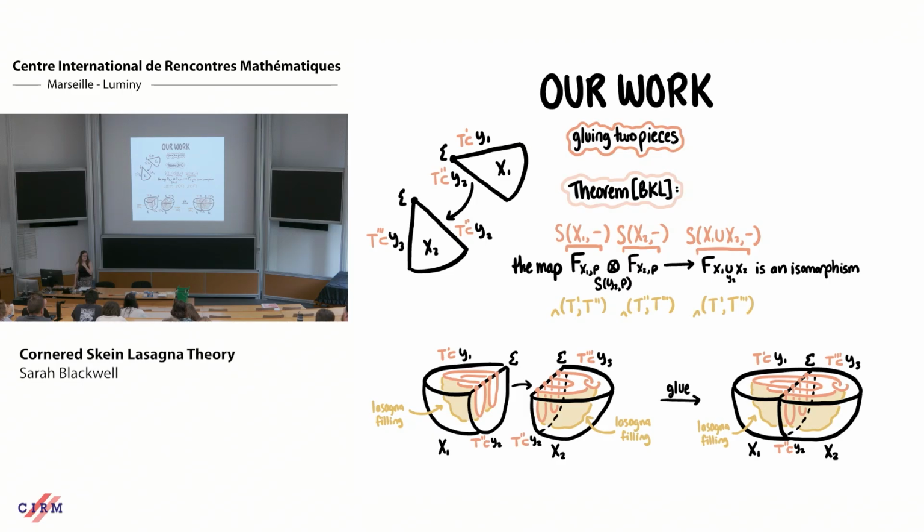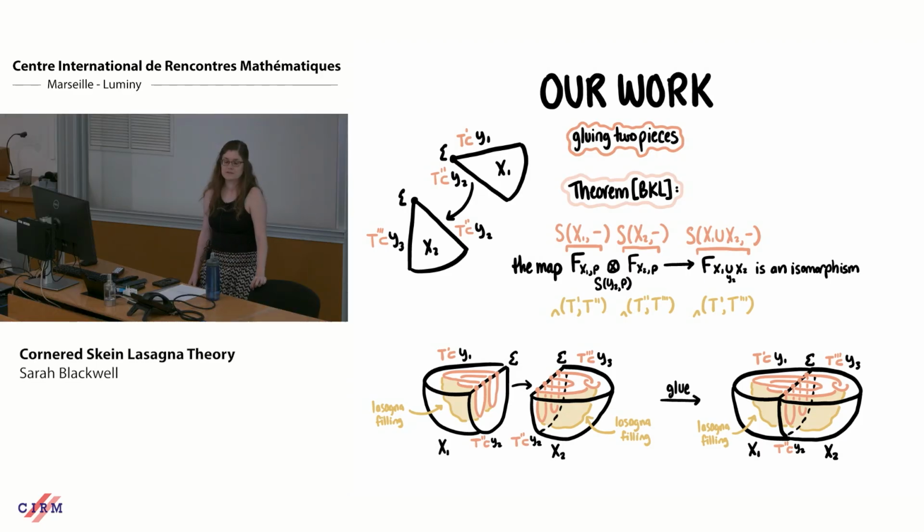You stated the results for the... Yeah, so for a 4-ball, the Skein Lasagna module of a 4-ball with the link in the boundary just is the Khovanov-Rozansky homology of that link in S4. And that's by construction. That wasn't proven. So maybe when you take 2 links and you identify different things, maybe it's not, if you go through the proof of the gluing...